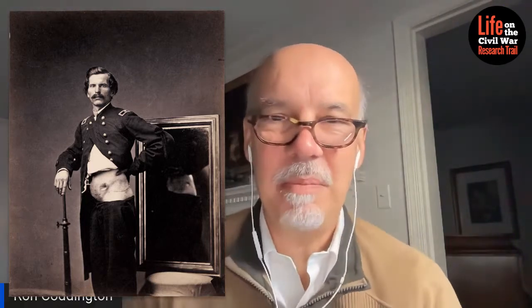When he received this wound, he was with the 12th New York Infantry. He was a line officer. Later on, during the war, he accepts the colonelcy of the 149th New York Infantry, and that regiment is sent a little more to the west, out to Tennessee, where in 1863 there's the Battle of Chickamauga, and then of course you have the breakout from Chattanooga and Lookout Mountain, and in November of that year of 63, you've got